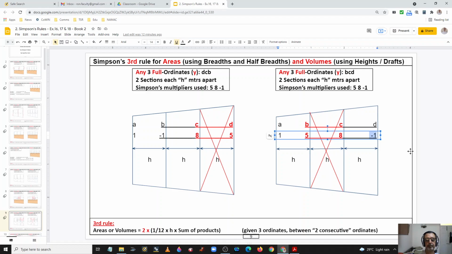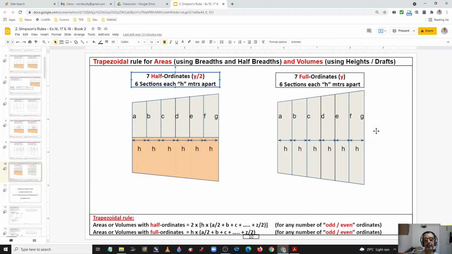Now there is another rule called the trapezoidal rule for areas and volumes. Let us say you have 7 half ordinates, thus giving us 6 sections, and each of these half ordinates are h meters apart. Or for that matter, let us take 7 full ordinates, A, B, C, D, E, F and G. Each of these ordinates are h meters apart. The trapezoidal rule formula is,